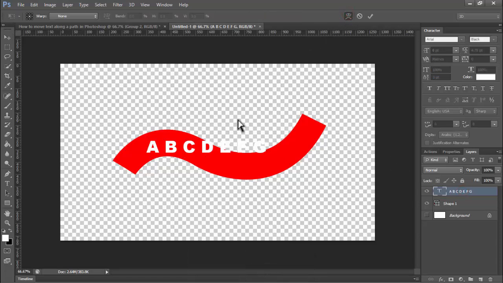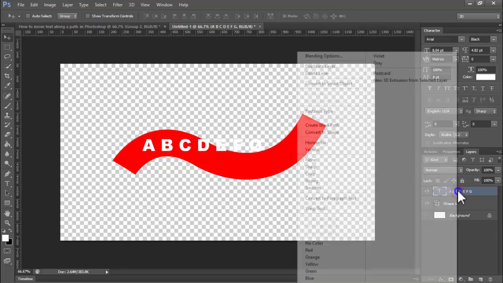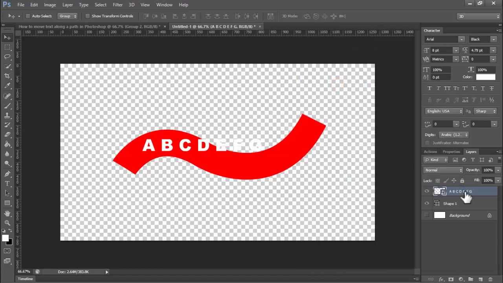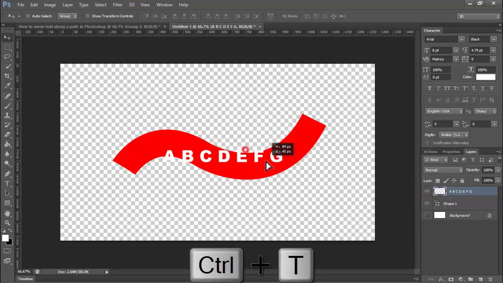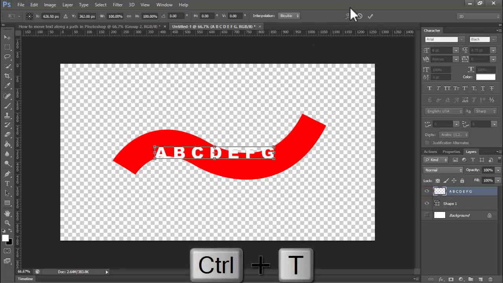click the icon, then right click on your mouse, convert to smart object, again right click mouse, rasterize layer, then hold Control T, click the icon,